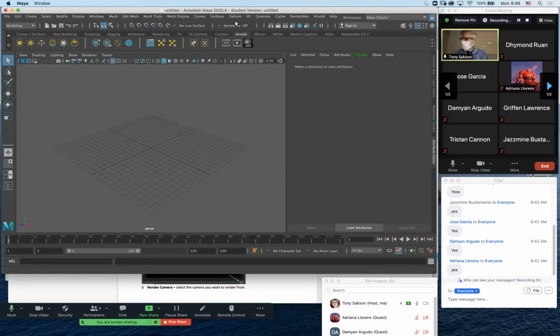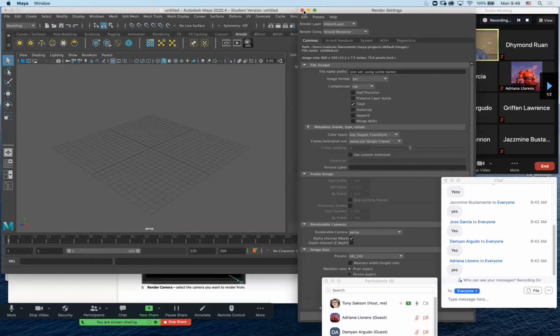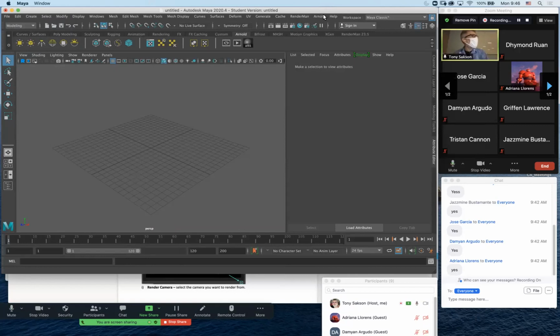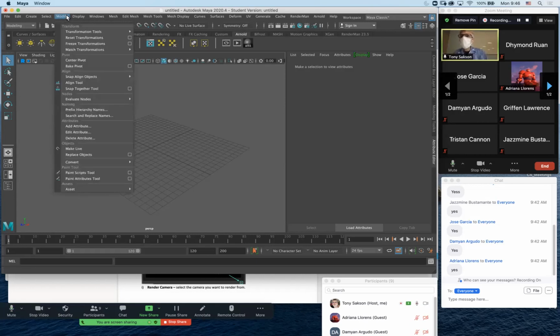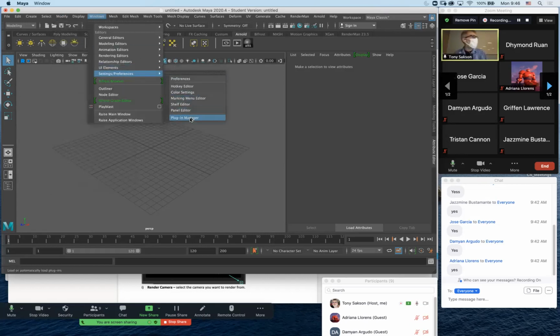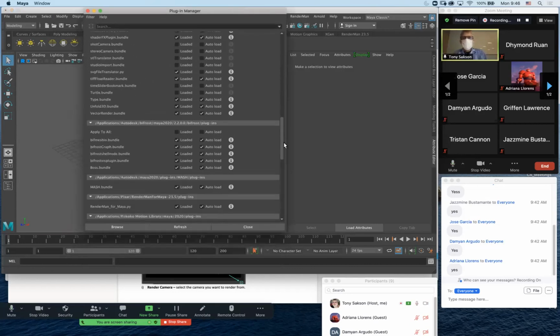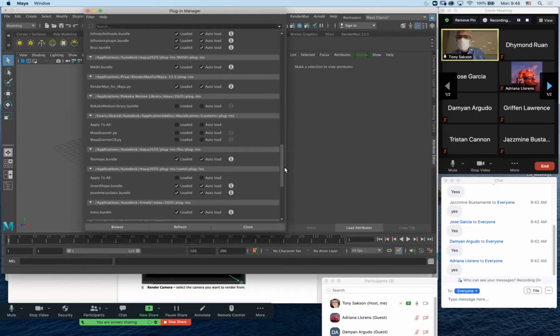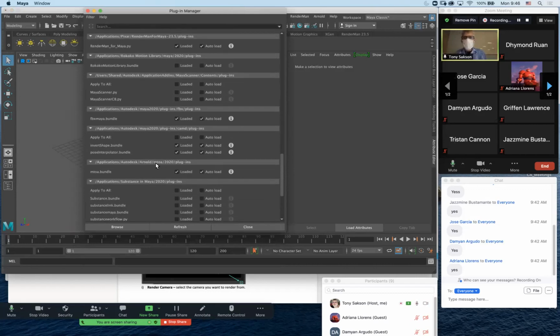Now, when you have Maya installed, by default, you should have the Arnold plugin installed also. And you'll know if you have the Arnold plugin installed because you will have an Arnold menu. Without that Arnold plugin, that Arnold menu will go away. So basically, you can check your plugins under Windows, Settings and Preferences, Plugin Manager. And the Arnold plugin will be here. It's called MTOA, Maya to Arnold. It should be loaded, auto load, which is what you get when you have the default